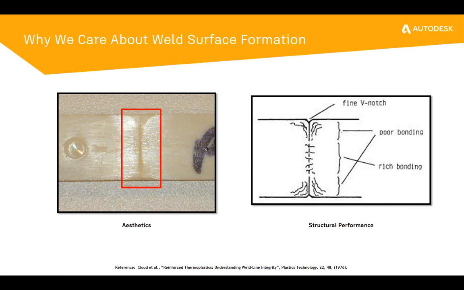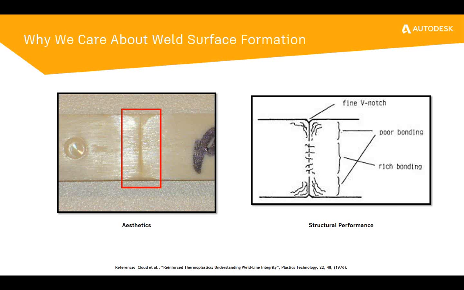where we have an area on the core, on the inside of our thickness, where the fibers are able to bridge where the two flow fronts come together. And that's where we're going to have a rich bonding area, and we're going to have more structural integrity at the core. But what happens on the inside and outside, in the shell portion